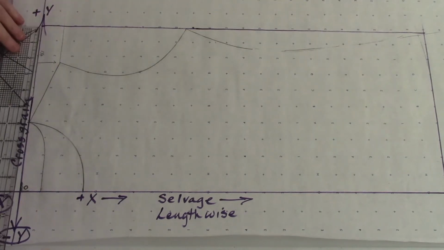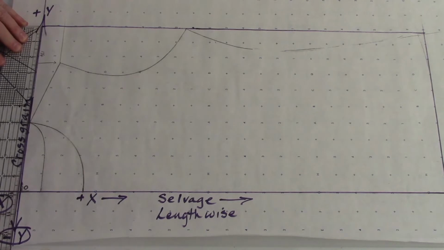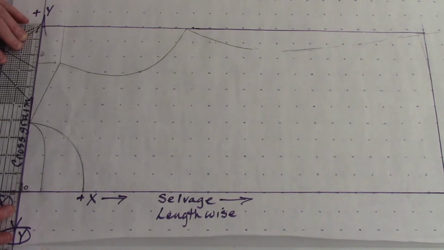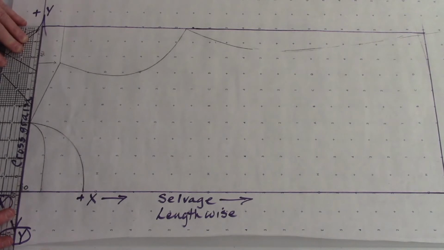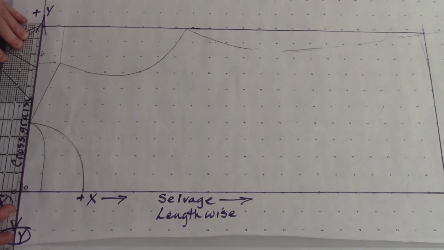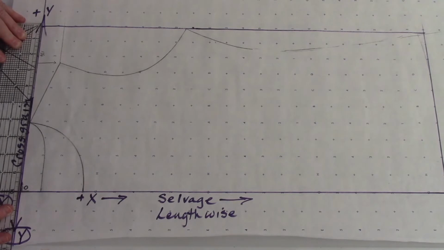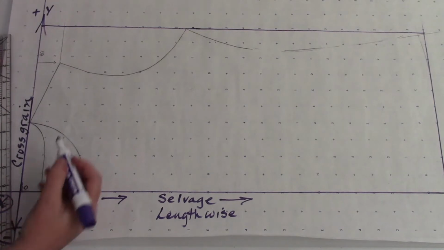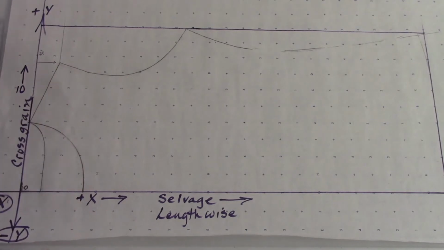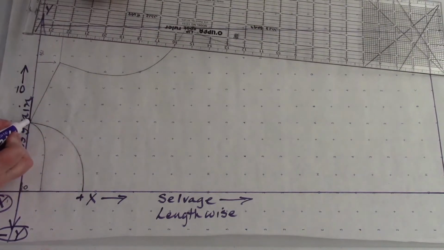So the size of my box is going to be, I could make it a little bit bigger, or I could keep it the same. Right now it's a little bit more than 9 3/4, and because I want to, I'm going to make this 10 inches. I could go ahead and use 9 3/4, but I want to make it 10. So my distance coming up here on my first line is 10 inches, and my length from the high point of shoulder